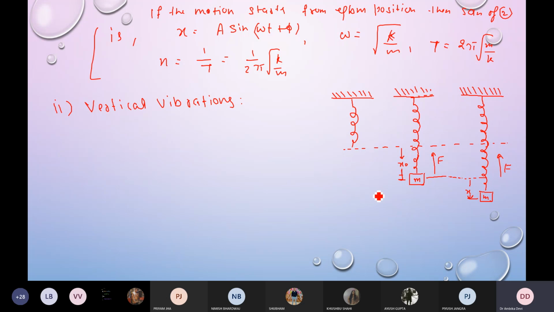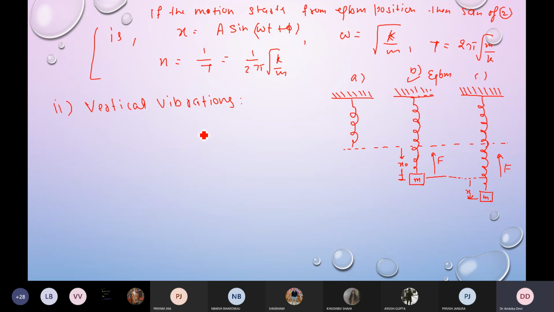Okay, so now let us first talk about this case when we just attach the mass to the system, but we haven't set it into vibrations. We haven't set simple harmonic motion to the system. We haven't applied any force. We haven't stretched it. So this is the equilibrium position. This is A, if this is B, and this is C, then B is the equilibrium position.